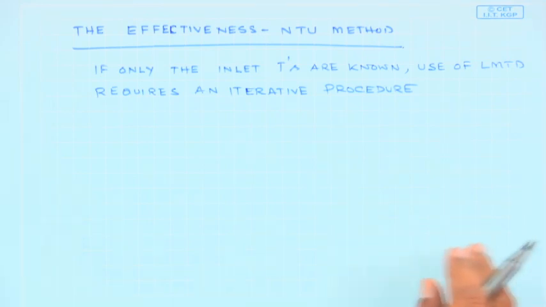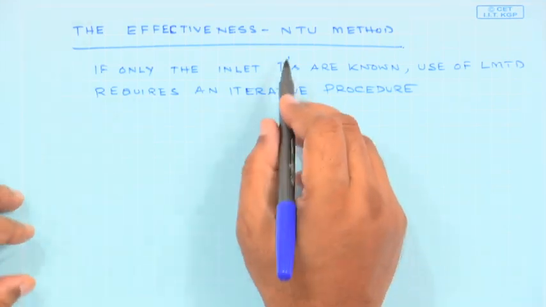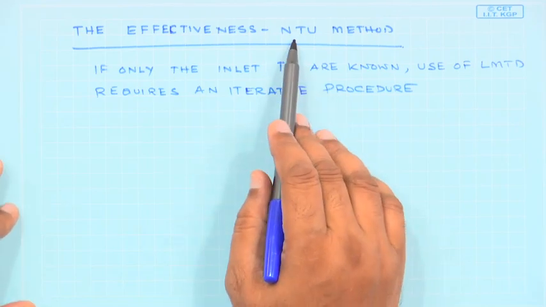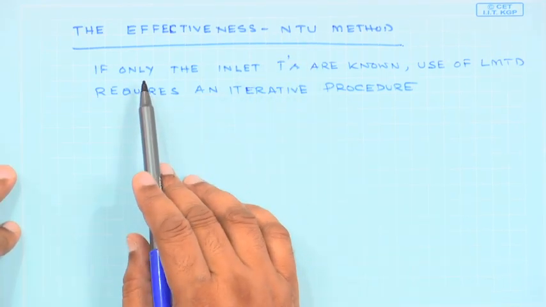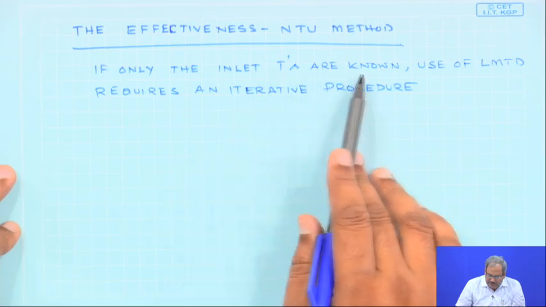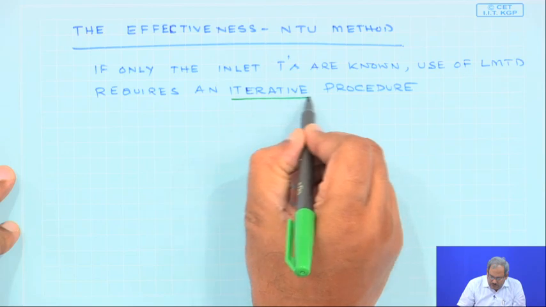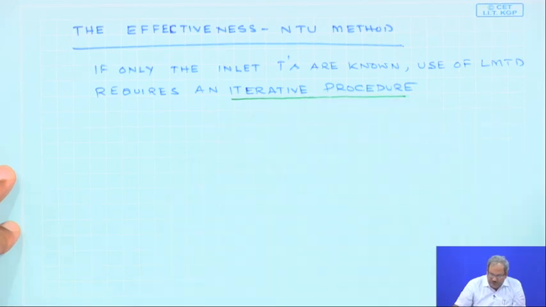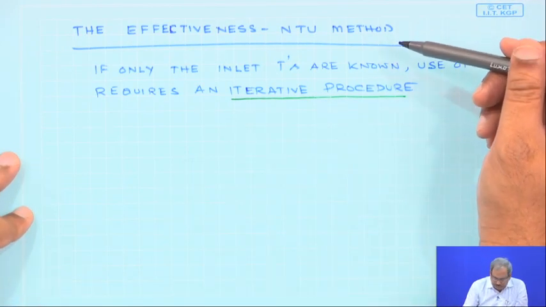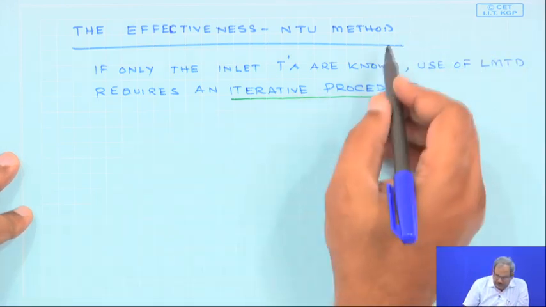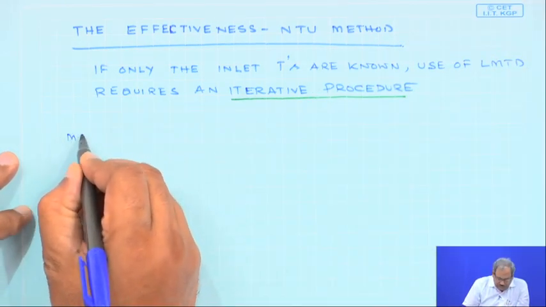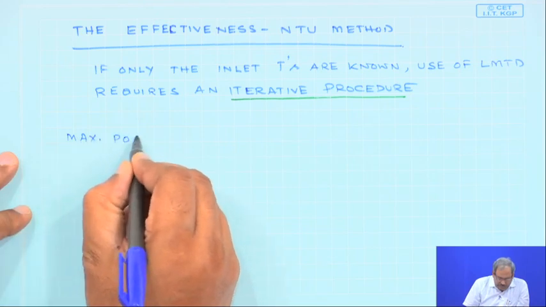heat exchanger. So, let us start from the beginning, writing a simple heat balance between the hot fluid and the cold fluid. So, we start over here that the effectiveness or NTU method, where NTU simply stands for number of transfer units, is to be used if only the inlet temperatures are known. Use of LMTD requires an iterative procedure and an alternative methodology which is known as the effectiveness NTU method is to be adopted. So, what we are going to find out is the maximum possible